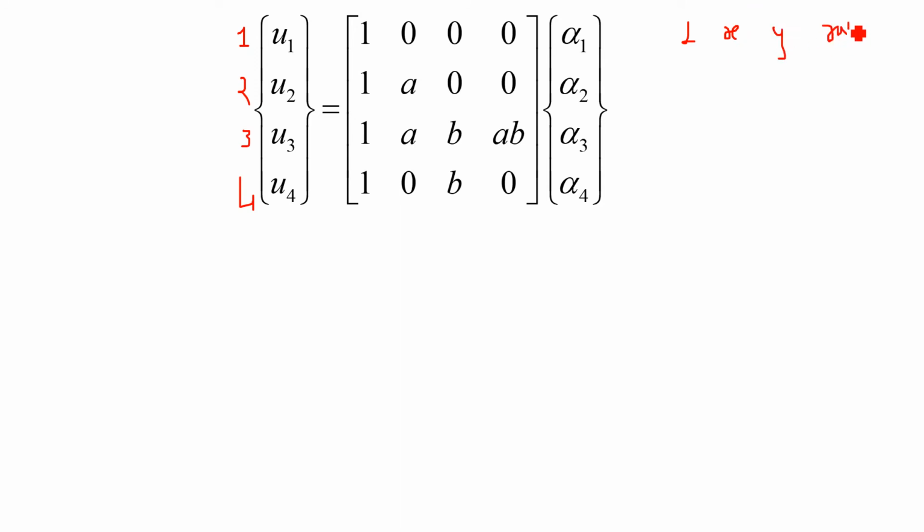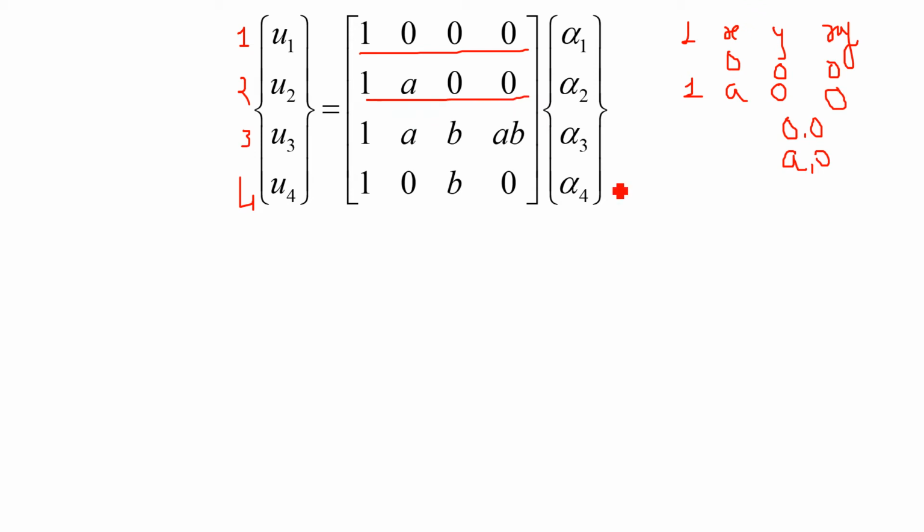In this parametric matrix, if you put the x and y coordinates of node number 1, the coordinates are 0, 0. So here it will be 0, 0 and the multiplication is also 0. So that is the first row of this matrix, which is for node number 1 coordinates. Similarly, coordinates of node number 2 are a, 0. So x equal to a and y equal to 0. So it will be 1, a, and since y is 0, its multiplication with x is also 0. So it is 1, a, 0, 0.